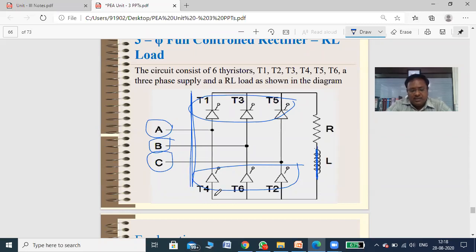But again, the transformer is used because isolation is required. So for isolation purposes, transformers are definitely used. But if the transformer is not available, you can directly use the supply, no problem. Okay, so this circuit,